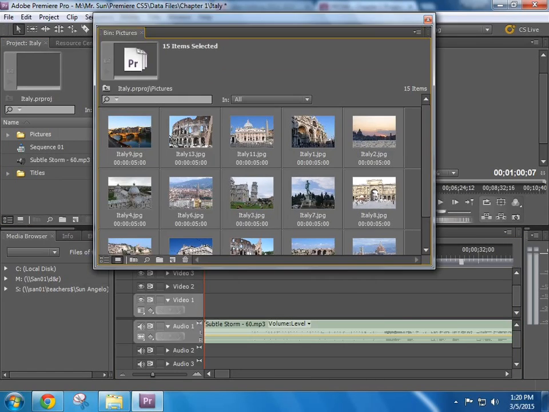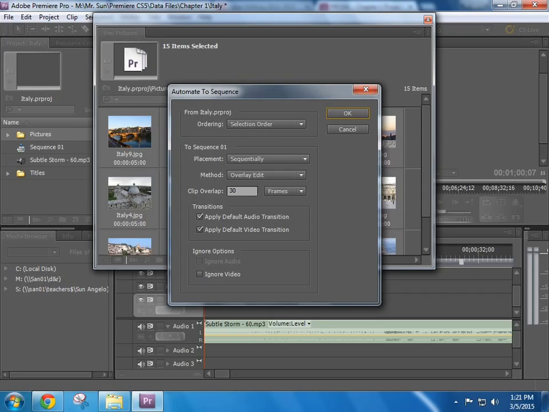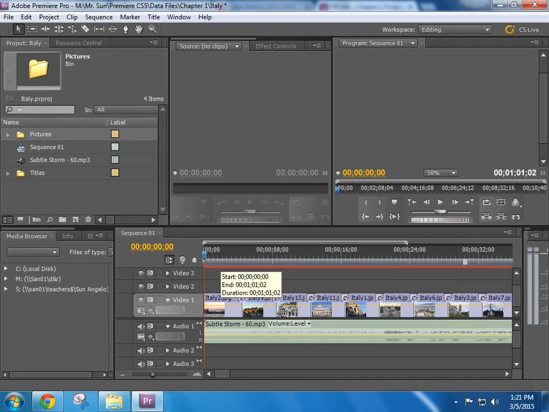I will lock this one, or deactivate this one, and make sure video is toggled. And I select all the files here and I automate to sequence. They told you to uncheck default audio transition. And we're going to bring this in all together at once. Boom. So you're going to notice that now all the footage is here, and I have audio at this point. If I preview, if I look at my program monitor,